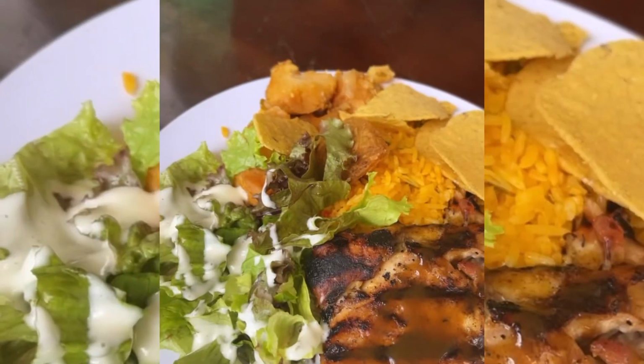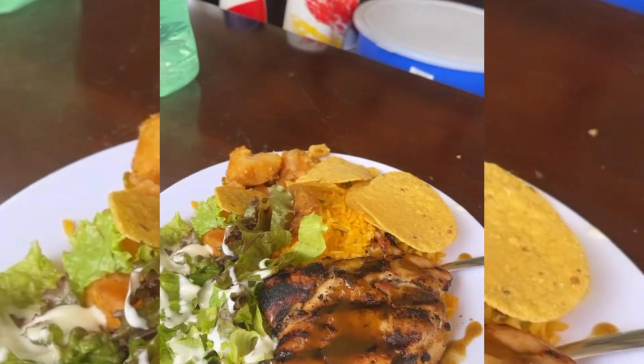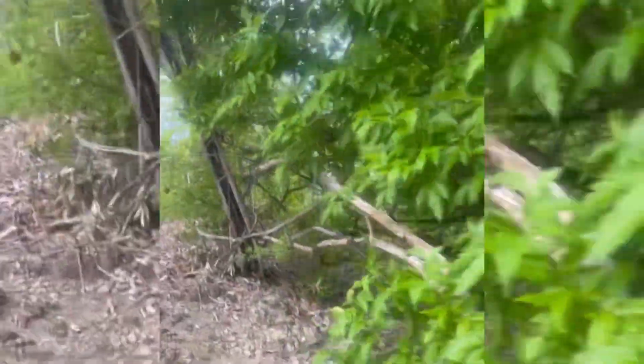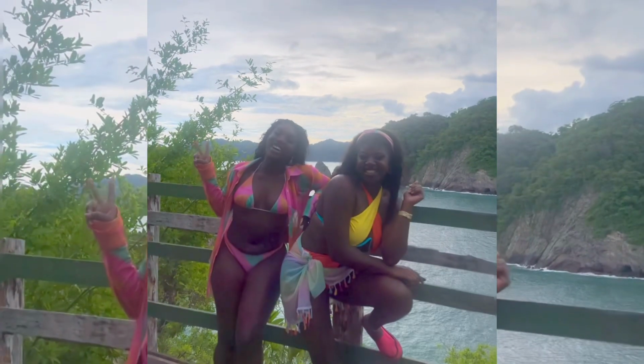And then we had lunch, which was actually really good. It was chicken, yellow rice, salad, and nachos. After lunch, we went on the hike, which was not a good idea. I was so full and tired, but I still enjoyed it. We seen the deers that you seen on the last clip, but it wasn't really much to see. I mean, it looked like a backyard, to be completely honest,